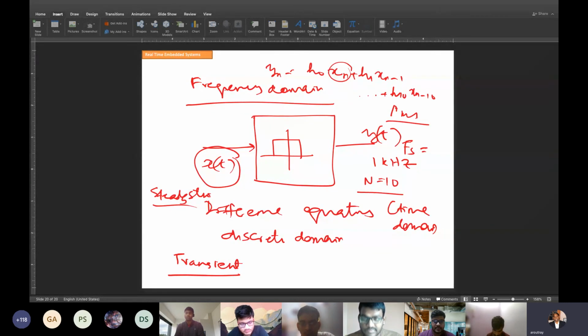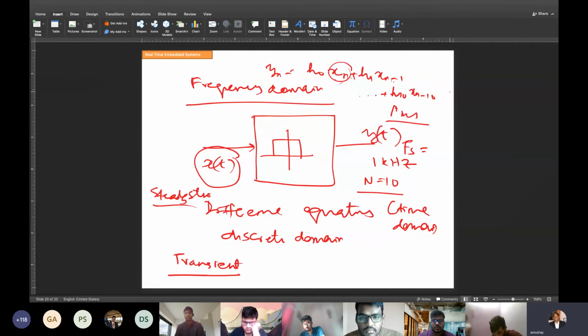Excuse me, sir. Yes, please. Sir, 10 instants or 11 instants? Because we have h0 to h10. Yeah, 11 instants specifically, up to n minus 10. n starts from 0, so the delay is 10. Suppose the spike happens here, it will appear now and last 10 more instants, so total 11. The spike comes at, let's say, n. Then when n becomes n plus 1, there will be no spike here, but the spike will be here. Like that, it will go up to the present and then the next 10 instants. So you can say 11 instants.